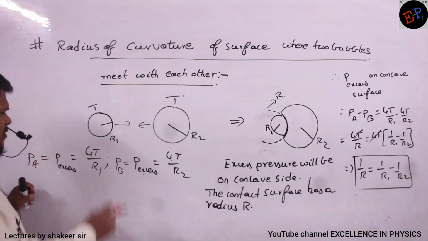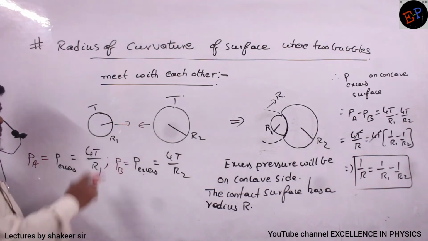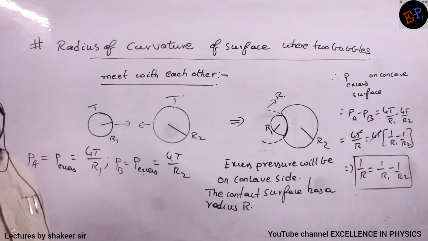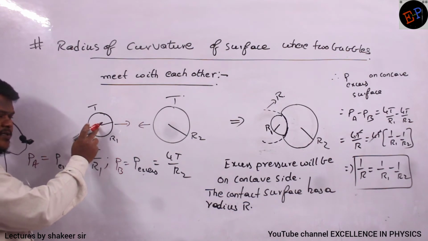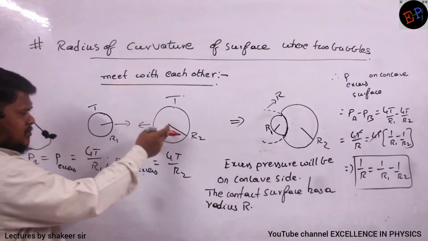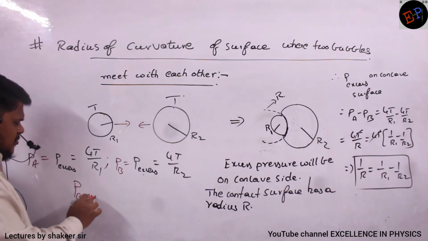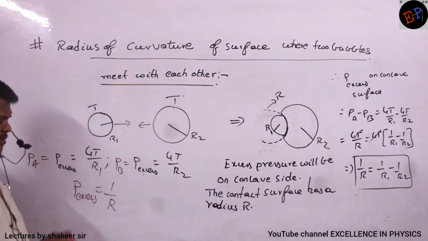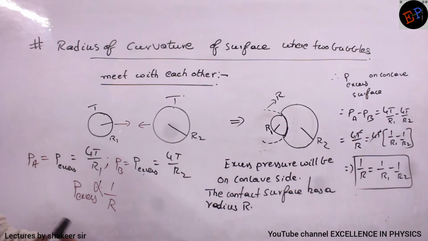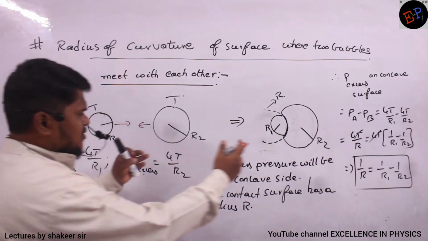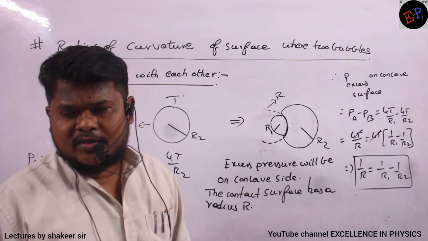Now here, in which bubble will there be extra pressure? Excess pressure is present in both of them, but excess pressure is maximum in which one? In the smaller bubble, definitely, the excess pressure will be greater compared to the bigger bubble. What is the reason? Already we discussed, excess pressure is inversely proportional to radius. Clear? So if the radius is smaller, that bubble will have the maximum excess pressure. So when they join together, this is the type of combination which you can see.